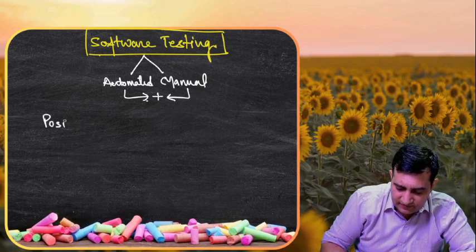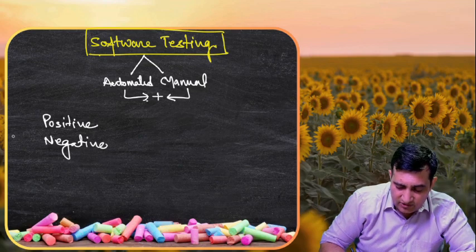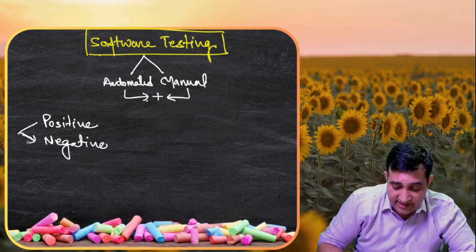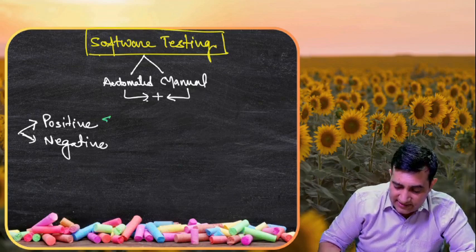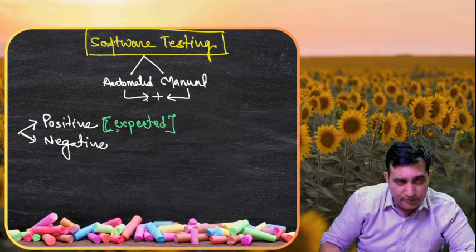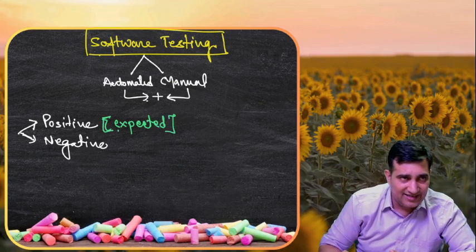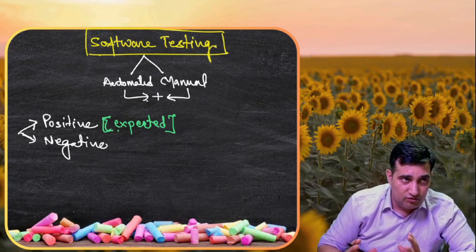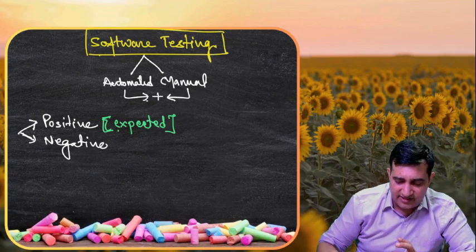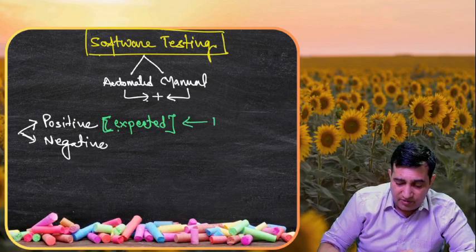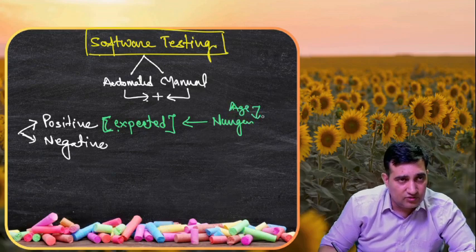because testing can be a positive testing, it can also be a negative testing, right? Software testing can be positive testing as well as negative testing. When we say positive testing, that means all expected inputs for a normal operation of a particular application is what is getting tested. For example, you have a form and you are putting age as one of the fields. In this kind of testing, you will be testing numbers only as age.